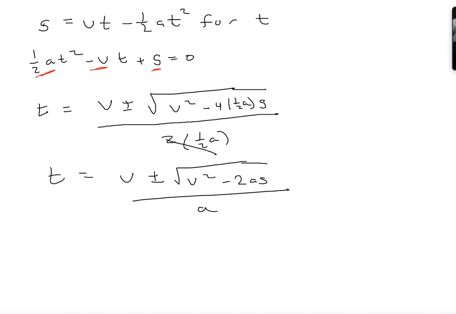If I hadn't done that, what would have happened if I brought the s this way and used negative 1 half a, positive v, and negative s, is I would have gotten negatives here and here. But if I multiplied the whole fraction by negative 1 over negative 1, which I'll just write out since I can't seem to say it, that would give me negative times negative would be positive v, negative times plus or minus is still plus or minus that same stuff,